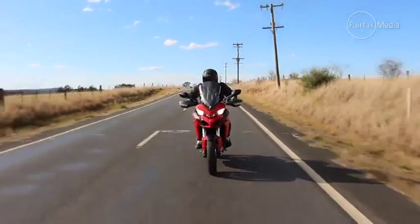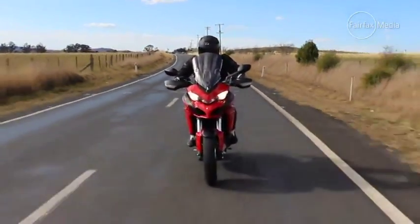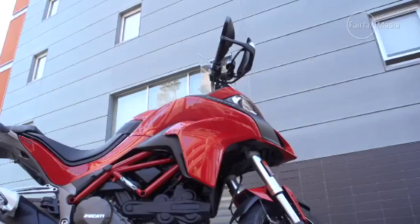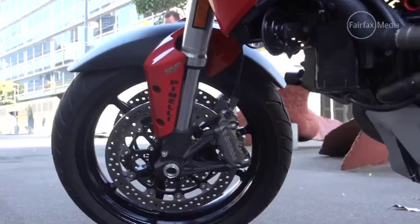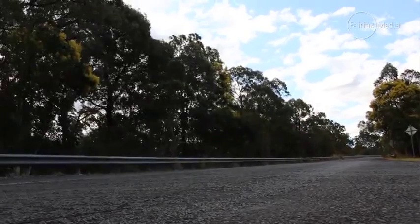The 1200 range starts at $23,990 plus on-road costs for the model we're riding. Standard fitments include cruise control, a manually adjustable windscreen, multiple power outputs for recharging, and safety aids including ABS, stability control and wheelie control. So I've just come back from a couple of hours riding this thing, and